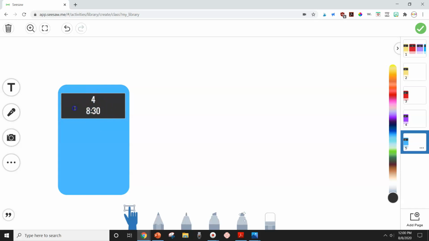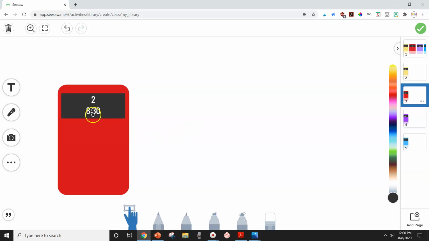So this is 4. This is going to happen at 12. And this is 3. And this is going to happen maybe 10:30. And this is 2, and that's going to be 8:30. Okay. So now that I have these pages built,